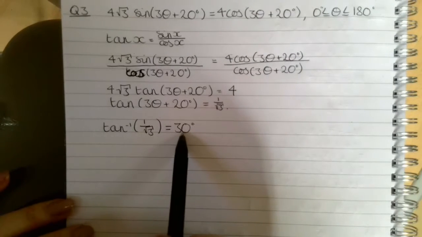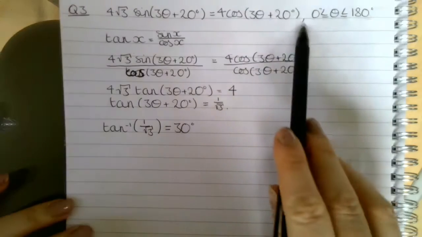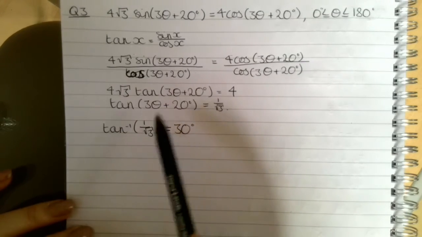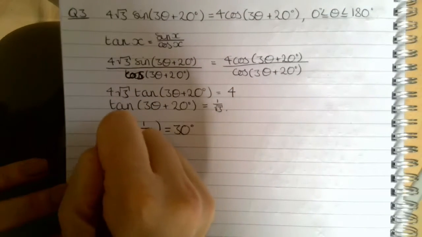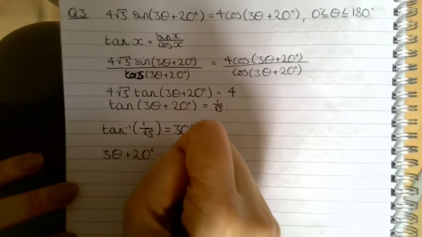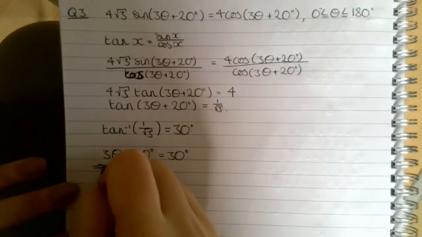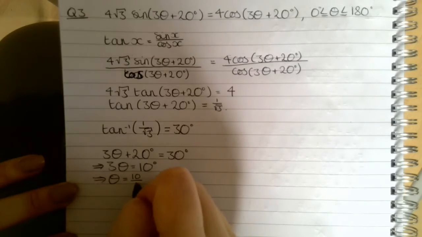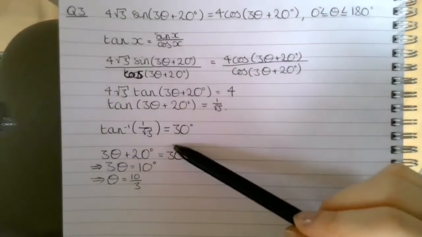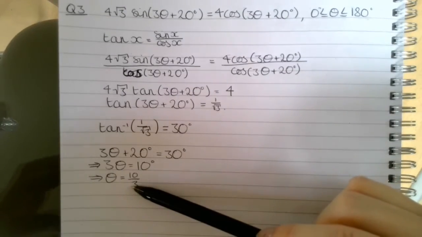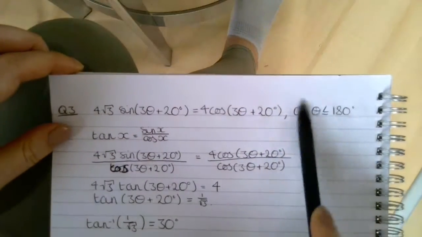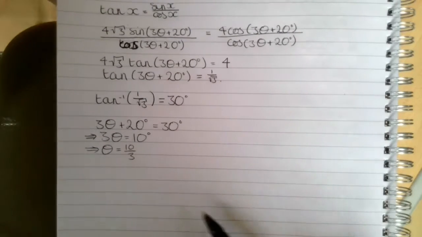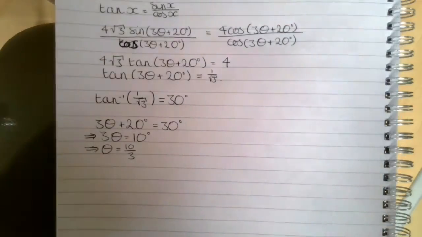So we're going to use a cast diagram, and we're going to find our solutions between 0 and 180, but under this transformation. So we're going to go around the cast diagram a few times because, for example, our first value of theta, we've got 3 theta plus 20 equal to 30. So 3 theta is equal to 10, and theta is equal to 10 over 3. You can see that once we undo the transformation, we're going to get a really small angle. So we're going to go round a few times, even though our interval is only between 0 and 180, because once we start subtracting 20 from our answers and dividing by 3, we're going to get a smaller answer. Okay? So, drawing our cast diagram,